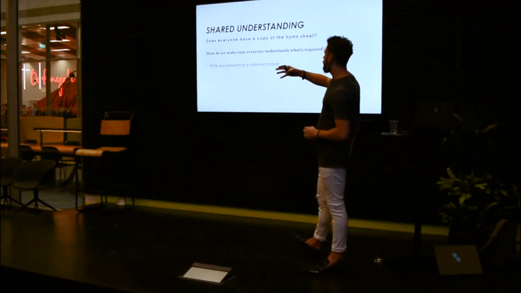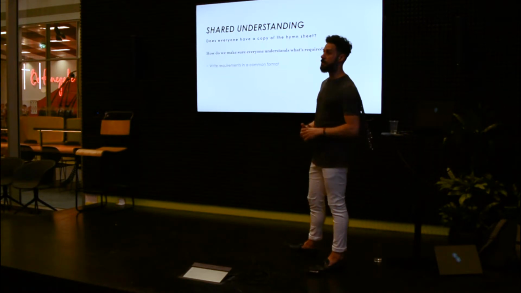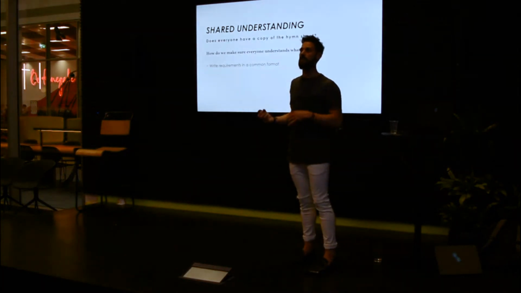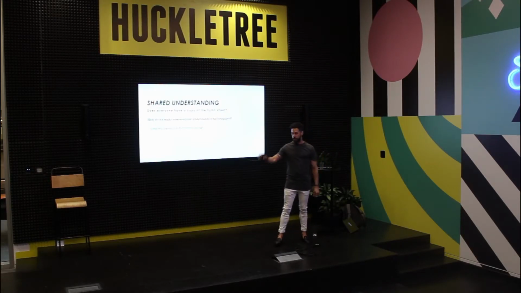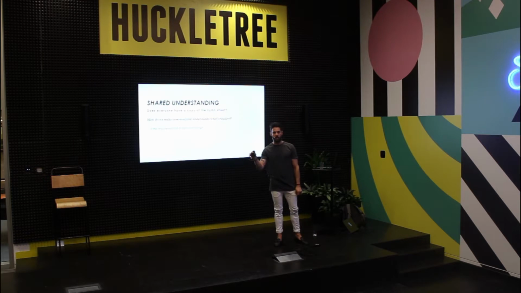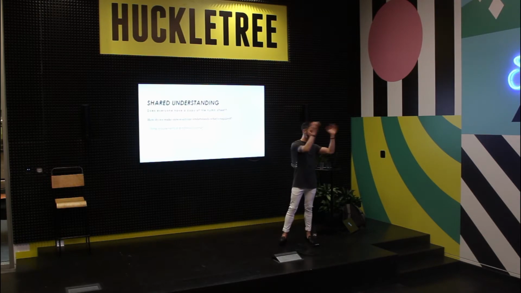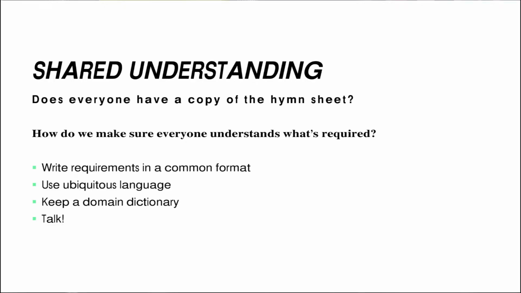So we tend to look at things like writing requirements in a common format so that we all understand it. It means we don't have to interpret. We want a control on a page which has a specific behavior when in this view, or on our mobile view it does that. Those two things are interpreted, right? One to the other. What you want is the same thing that you can define, test, implement, and test as you go through. We use a ubiquitous language.